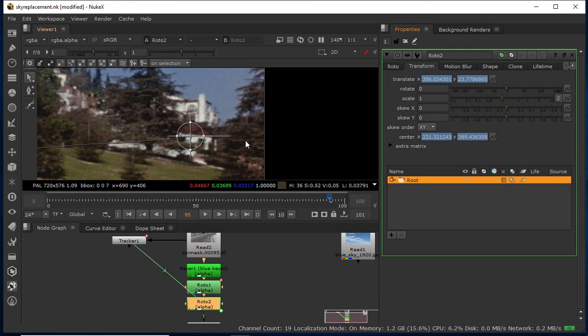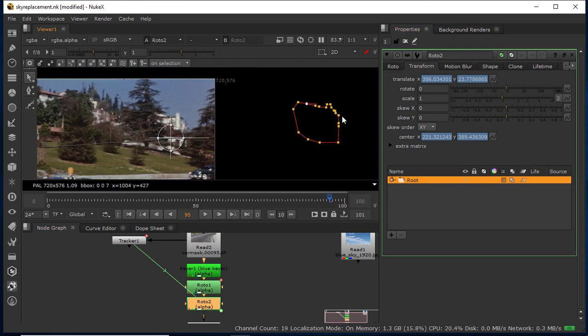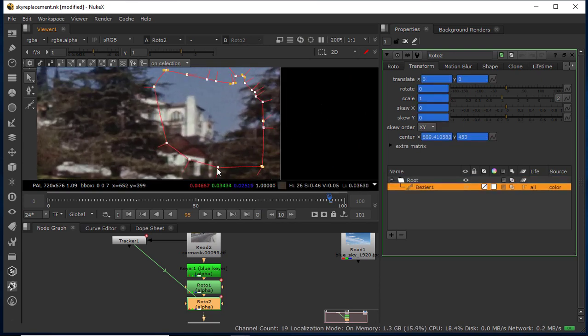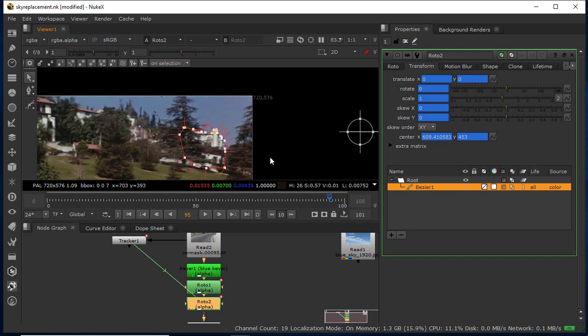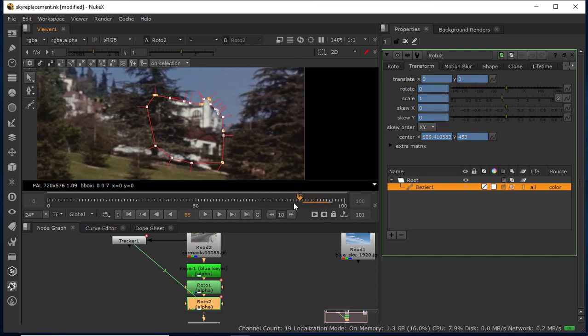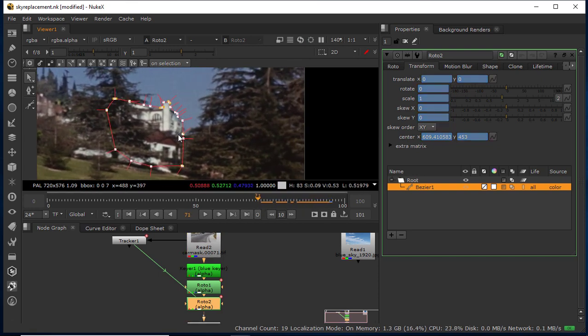Now here if you check, your shape is here. Now again select all your shape points. Now simply move your shape, okay. Now after this move your CTI or timeline a little bit. Now check. Now you will see your shape is following according to your tracking data, okay.